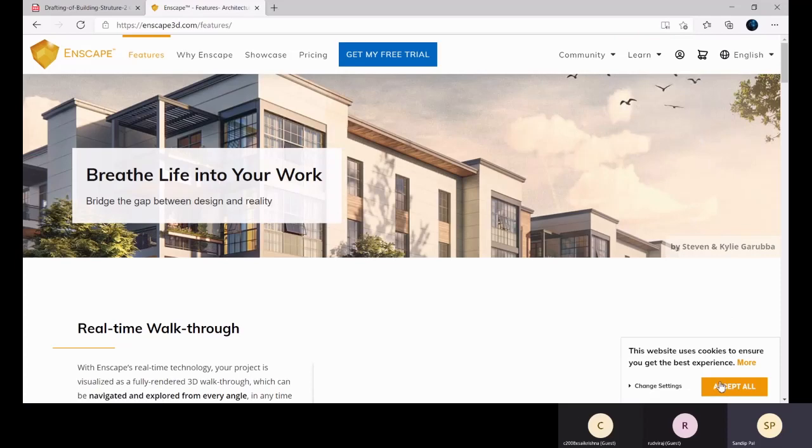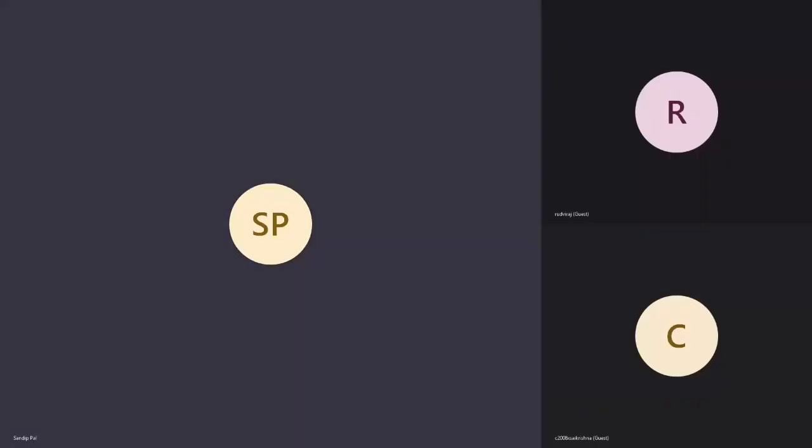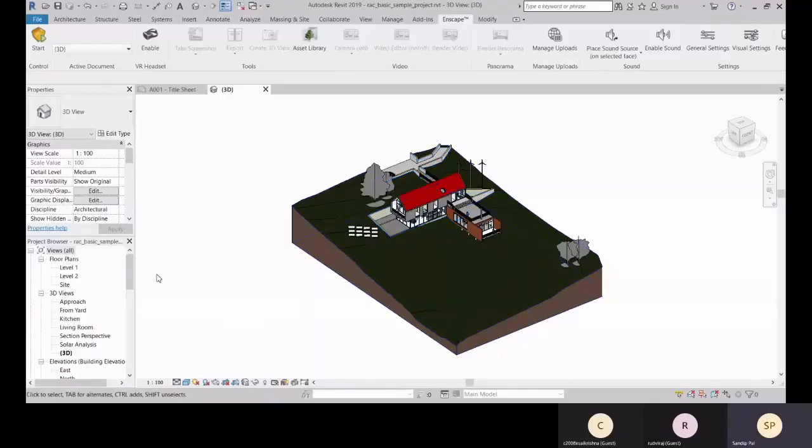Let's jump into the software. Yes, I hope this Revit screen is visible. Yes, sir, no problem. Okay, after installing it, you will get this Enscape tab. You have to come to this tab, and here you will get all the access for Enscape.